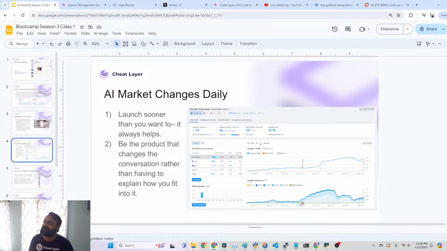Before the ChatGPT API launched, we had a sales team selling Cheat Layer to customers, and we were making some larger contracts, but we had to push it into customers' hands. We had to go find those customers and teach them what this is because it didn't exist. Like I mentioned, before the ChatGPT API, no one was doing GPT-3 for automation. We were the only startup. So we had to explain this concept to people.